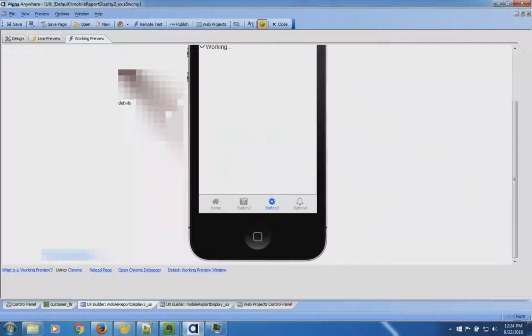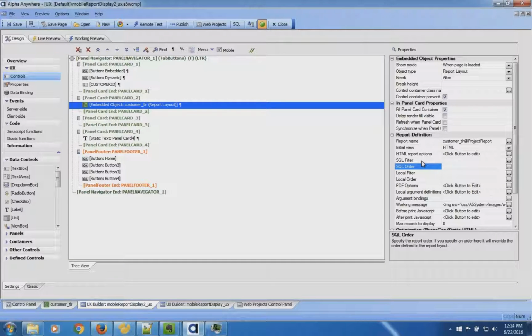A little less flexible. You kind of stick it in there and then it's going to run. When you do this, you can set a SQL filter, but the problem is that it's pretty fixed, because it loads immediately when you run this. There are some other tricks to refresh an embedded object that I won't go into right now, but that's kind of fixed. I tend to like the ability to do the dynamic reporting, where